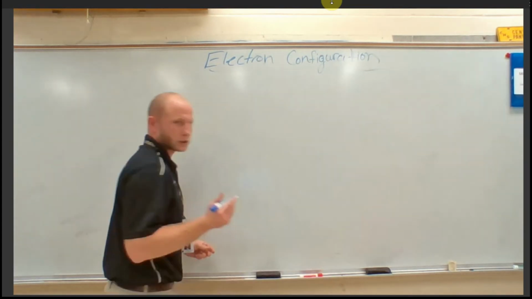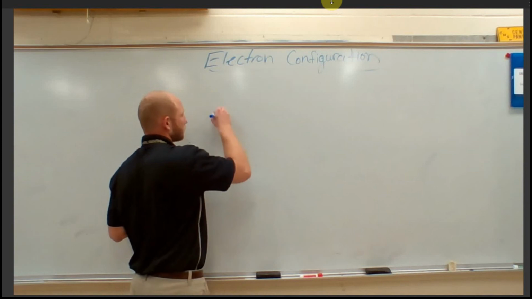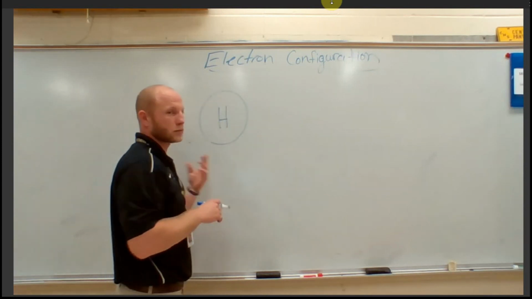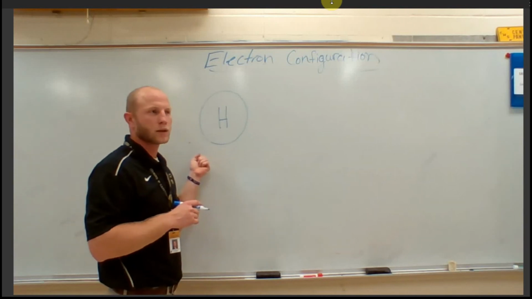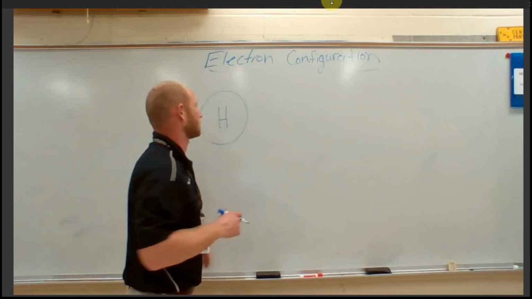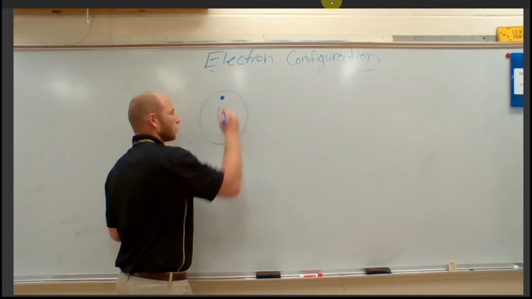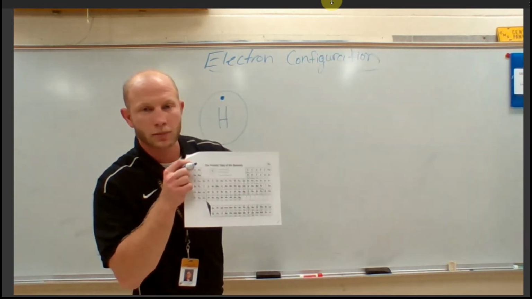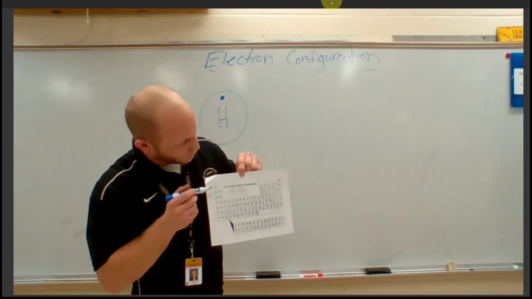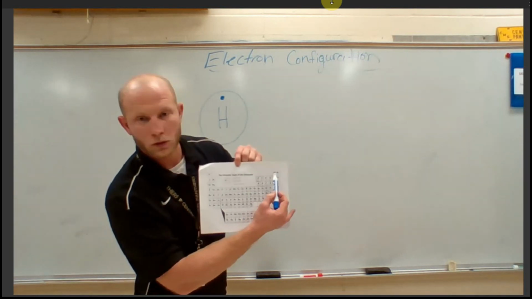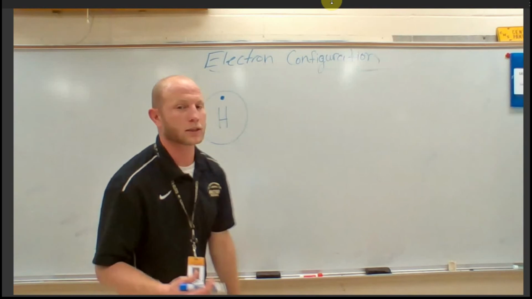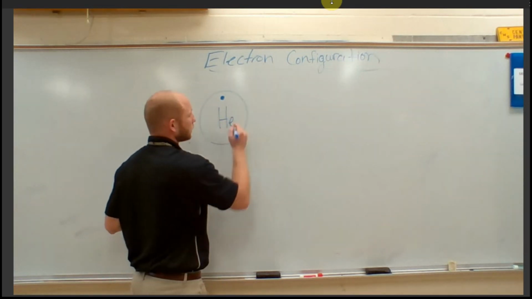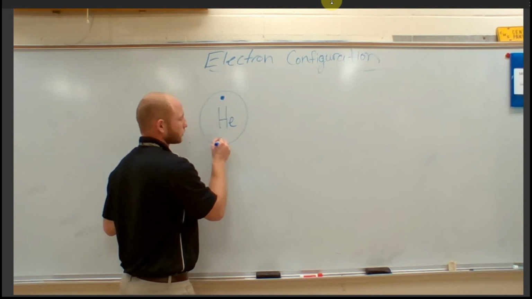If I want to look at hydrogen, the very first one on our periodic table, hydrogen's our first element. If it has 1 proton, it must need 1 electron. All right? It has 1 energy level. It's in row 1. Right? If you look at your periodic table, you'll see that hydrogen right here is in row 1. Helium over here is also in row 1. So how many energy levels does helium have? It only has 1. So if I want to do the electron configuration of helium, helium has 2 electrons and